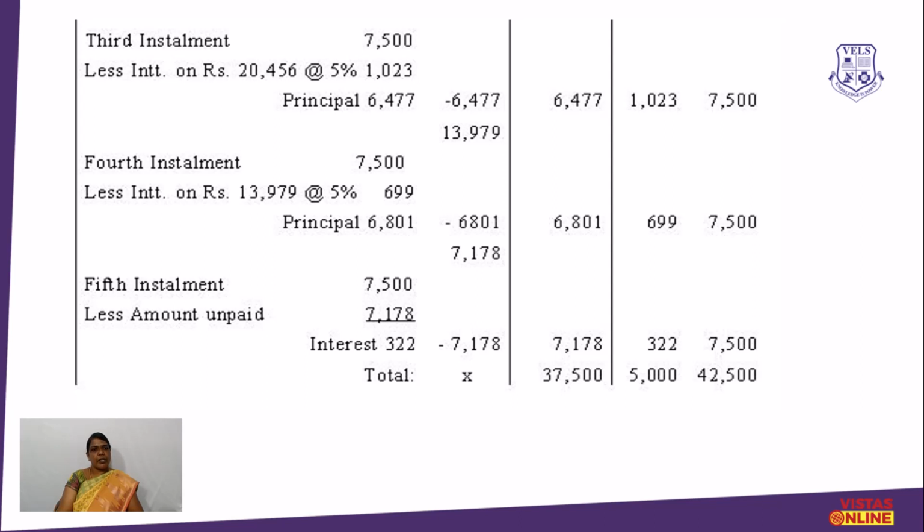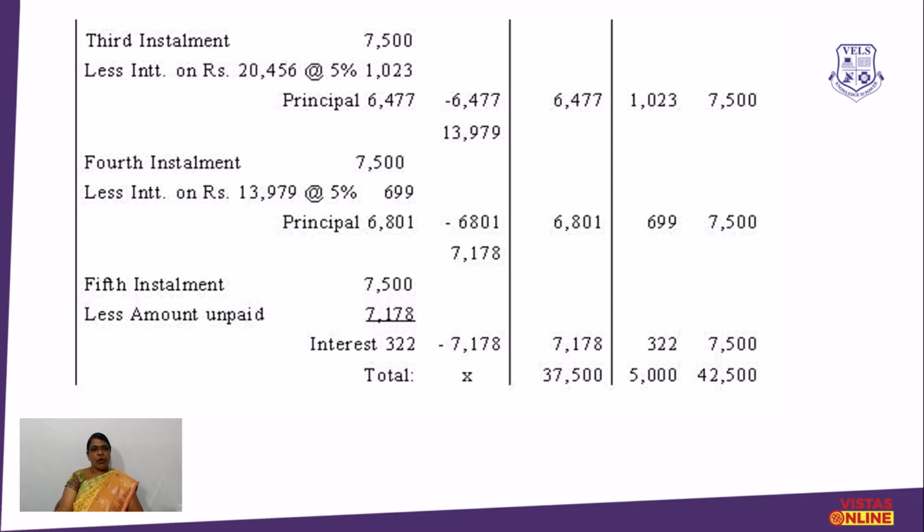Next we can see the calculation of interest for the fourth installment. The fourth installment amount is also 7,500, which was mentioned in the question. For all the installments, 7,500 each. Here we should calculate the interest. 13,979 is the opening balance into 5 by 100 because the rate of interest is 5%. When you calculate, you will get